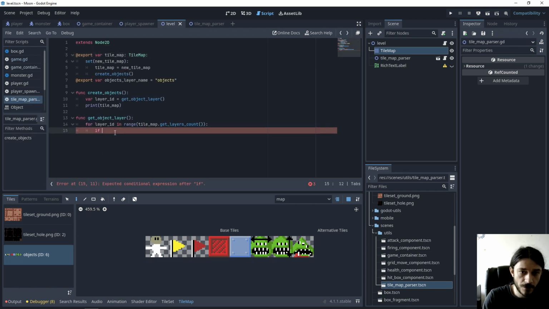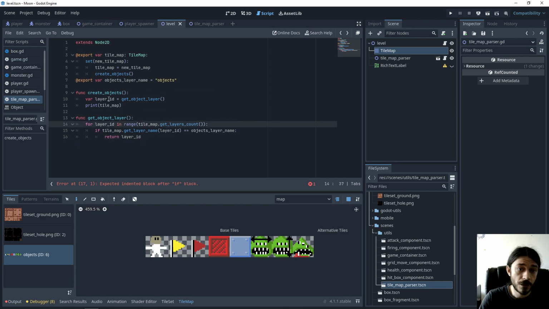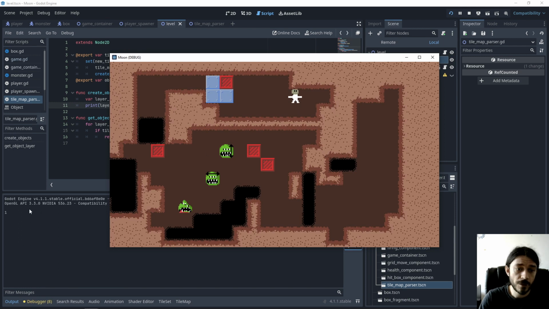So, oops, I need to interrogate the TileMap. So if the TileMap get layer name of layer ID equals the name in here, I'm going to actually return the layer ID like this. And let's print that on the screen when that happens. So let's play, and you can see we get layer ID 1. We don't really care what ID it is, we successfully got it, and we can use that later to actually